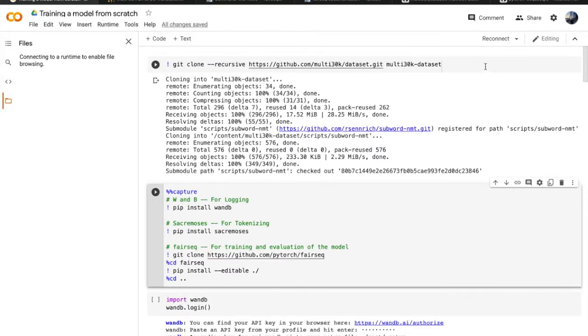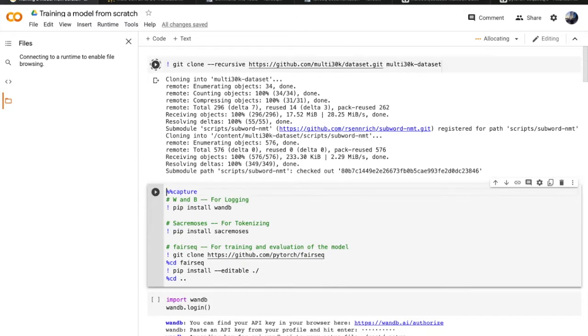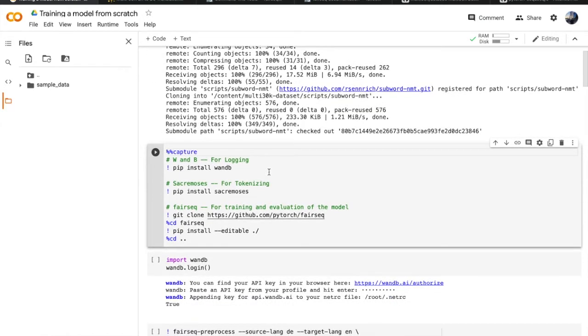So our first step would be to get the dataset, and then we install a couple of Python modules. One is WandB, this is for logging, and Sacremoses, this is for tokenizing text, and Fairseq for training our model.